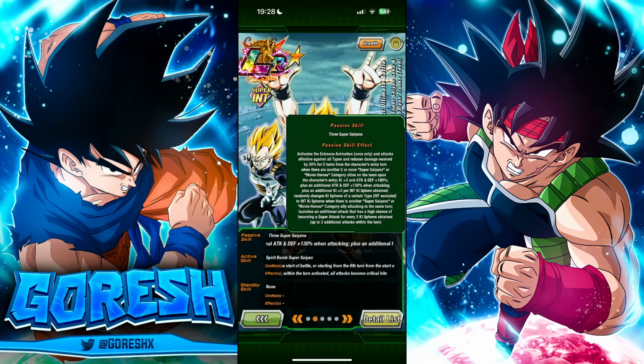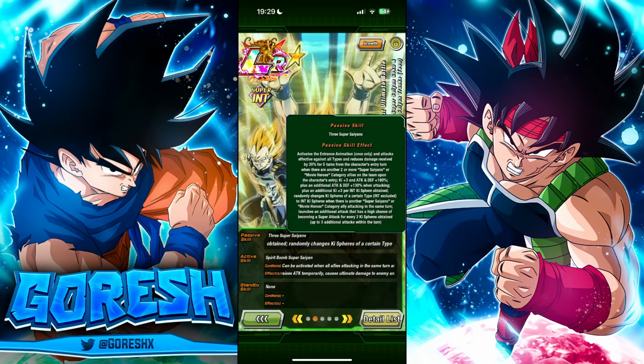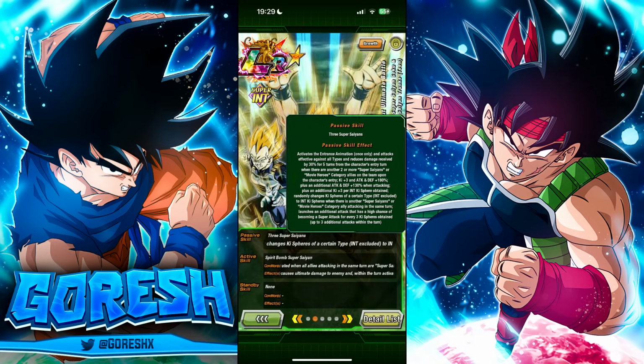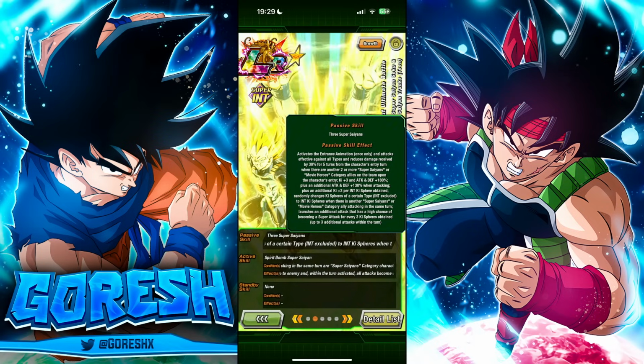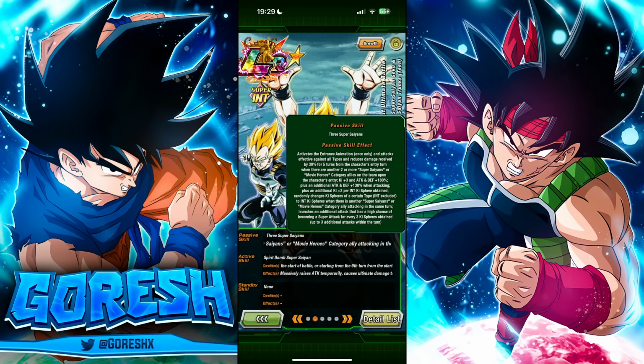So 3 ki, attack and defense plus 180%. That's the start of turn stat buff there. Then they get an additional attack and defense plus 130% when attacking, which of course is also going to activate during the active skill turn, so you can get that extra defense when you use it and put them in slot 1 potentially. Then they do get an additional 3 ki per int ki sphere obtained, and they randomly change